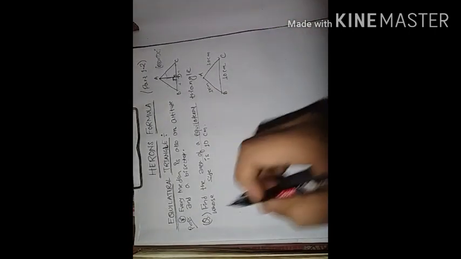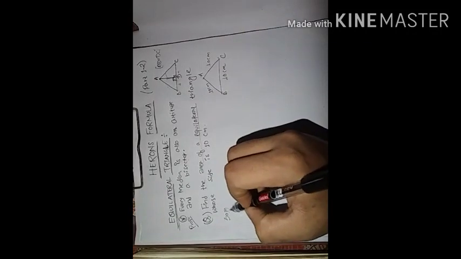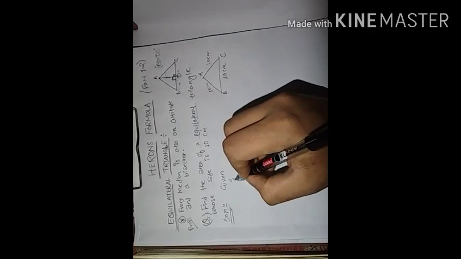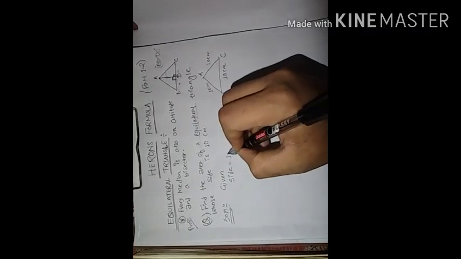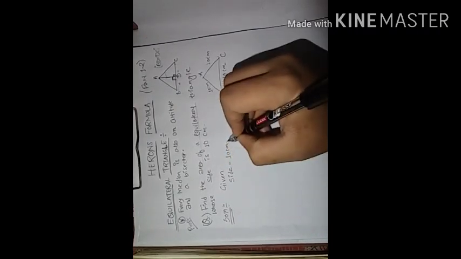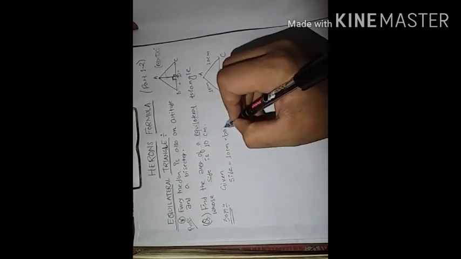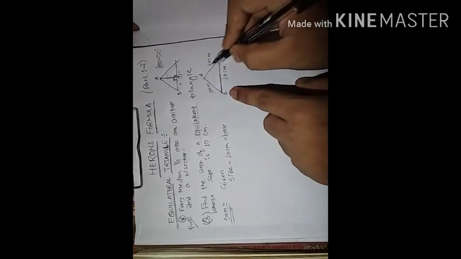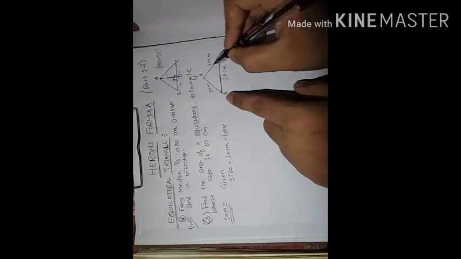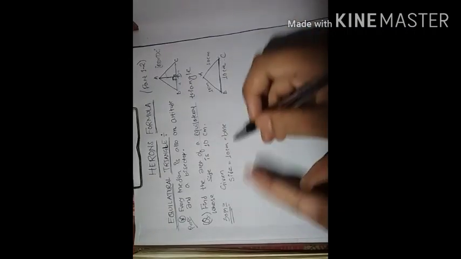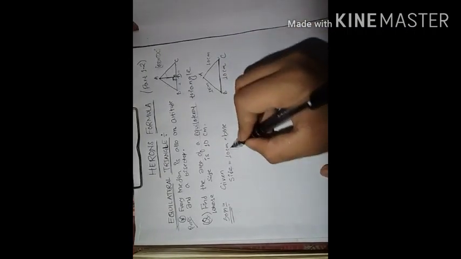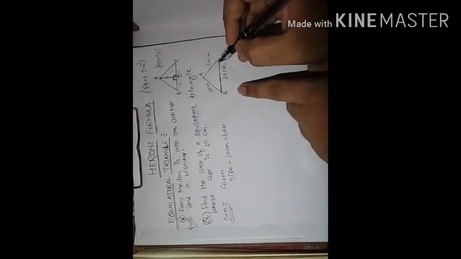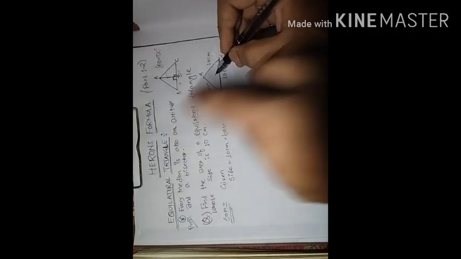Now here, what is the given side? The given side is equal to 10 centimeter. We can consider this as the base also. But do we have the height? See, this is not the height, this is not the height. Only the base is given. We can take any one side and take that as the base. So let us take side equal to 10 centimeter. Now to find the height we will use this property.